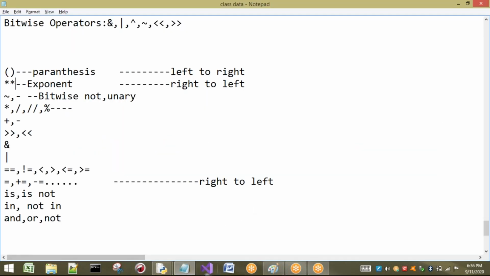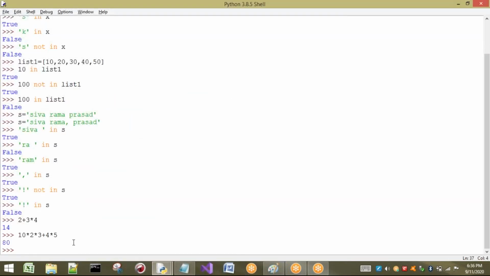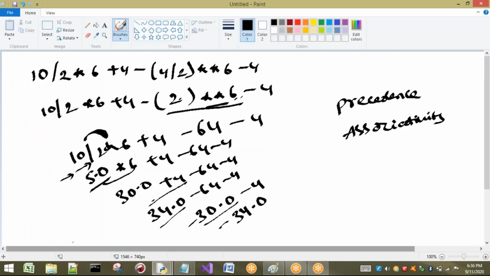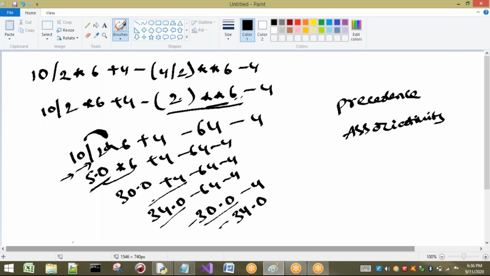So I will write the same expression in our Python shell. Let us see whether the output will be correct or not. Let us check. So 10 by 2 into 6 plus 4, next minus, I have taken in parenthesis 4 divided by 2, and next exponent 6 minus 4.